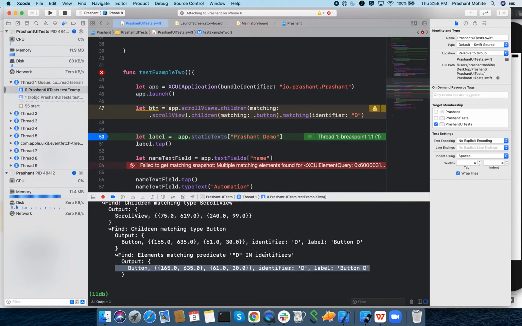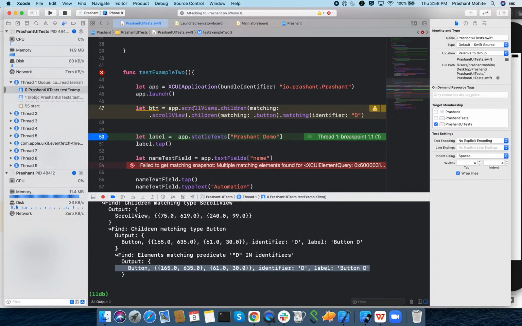That's why always try to build a query which will give you a unique element. So this is all about the children matching type, your descendants, and how you can find those elements.